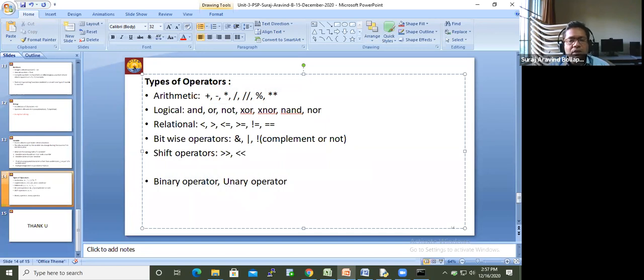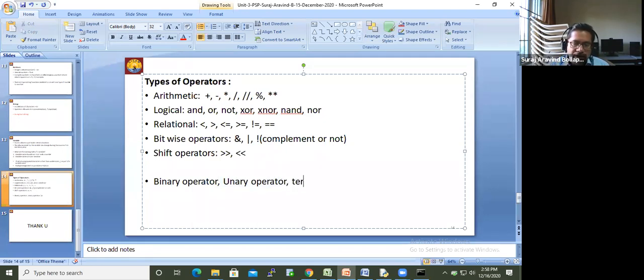This classification, binary or unary, is based on how many operands you give to the operator. Yesterday we discussed pre-increment and post-increment, which work in C but not in Python. They come under unary operators, whereas in Python we don't have them. Unary operators can be not: it is just one condition, and that condition is the operand. Similarly, complement takes only one operand, so they are unary operators.